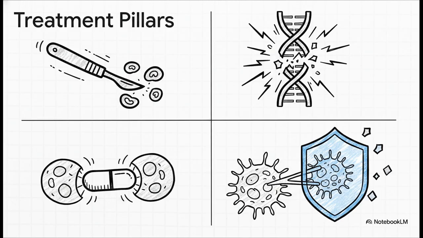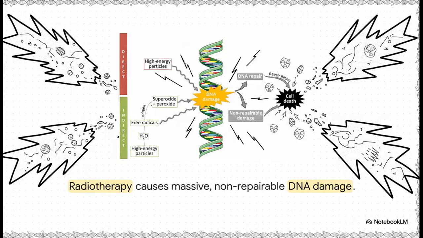Third, we use chemotherapy to strictly poison the cell replication cycle, using drugs that mimic natural metabolites or alkylate the DNA to physically block division. And finally, the fourth pillar, we use biological therapies. These are things like specific enzymes that starve the tumor of certain amino acids or drugs that block the very hormones promoting its growth. What's really fascinating is that these medical treatments essentially use the cancer's own vulnerabilities against it.